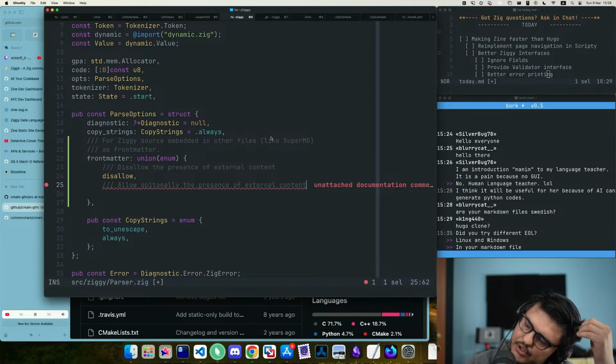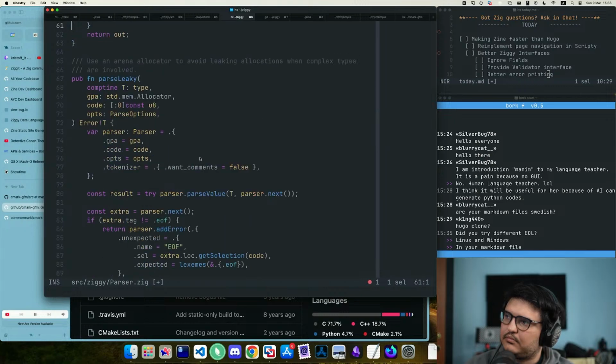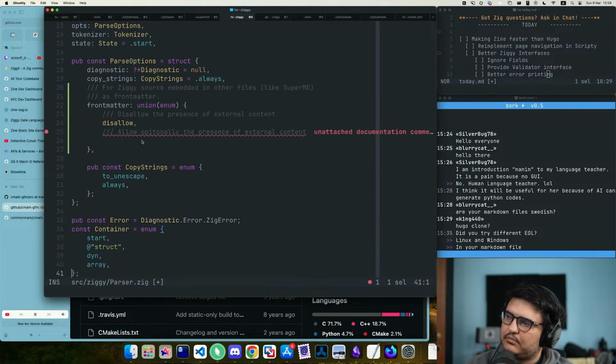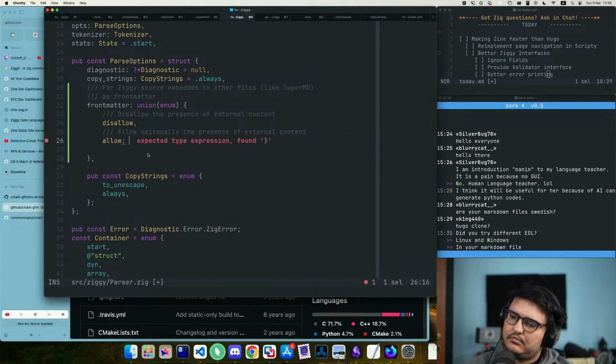What do we return? So if we do allow it,